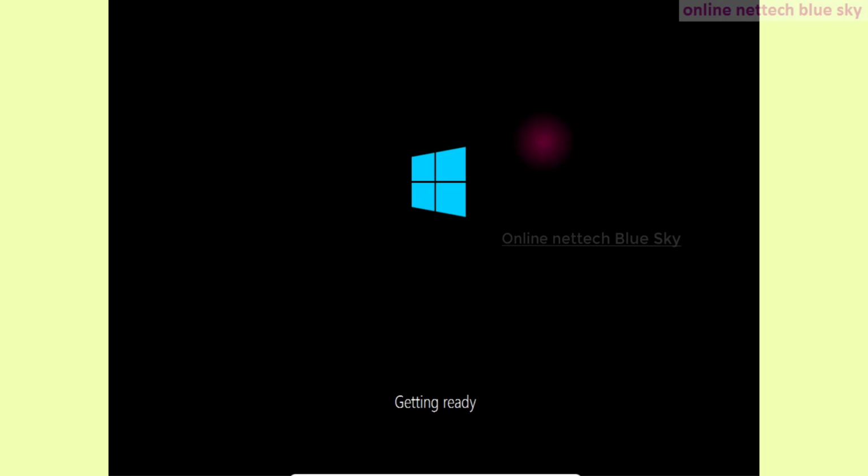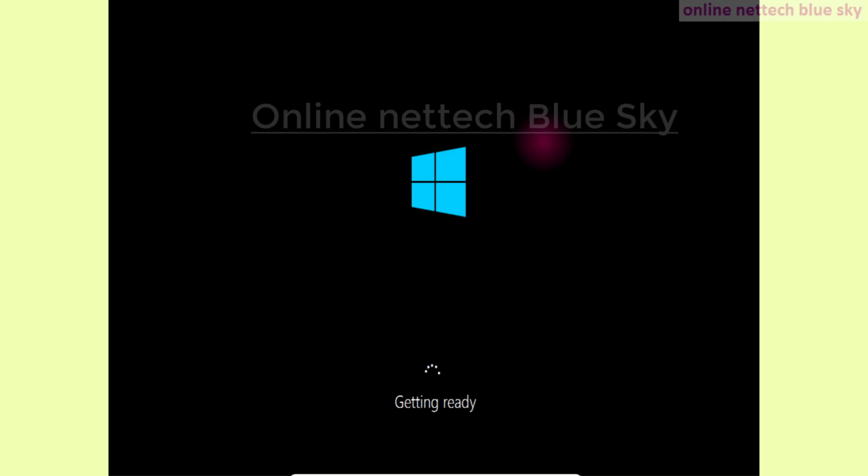First take your data from your main computer: your user desktop, download, music folder, the video folder and emails folder. And after taking the backup, first create your bootable pen drive.